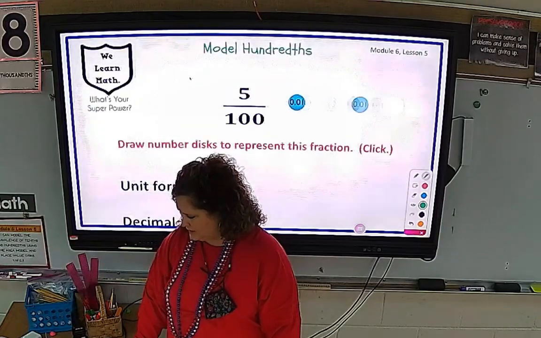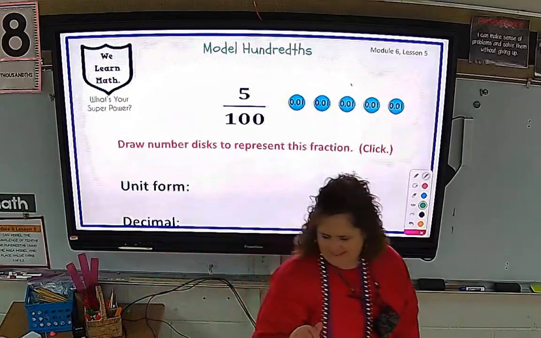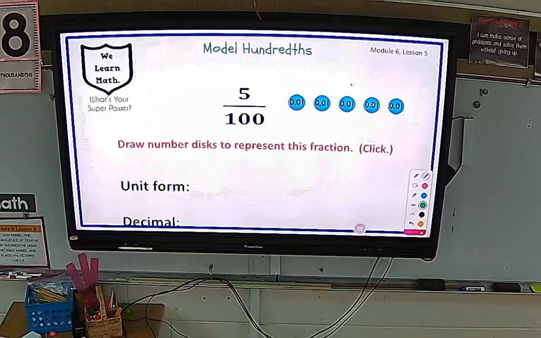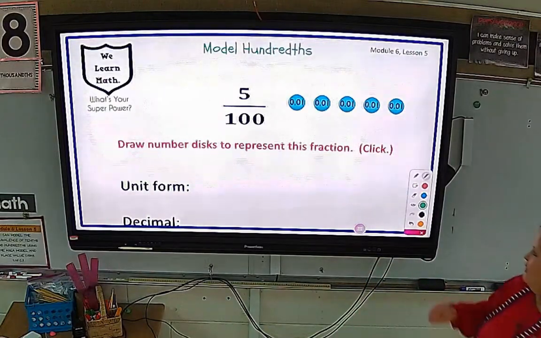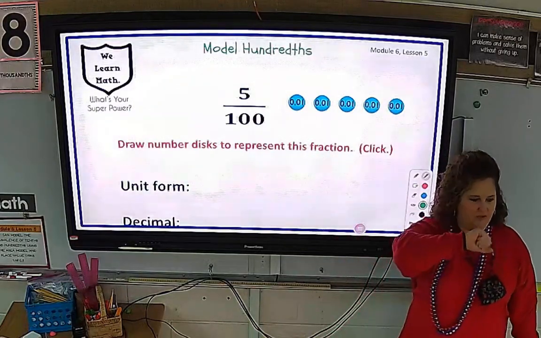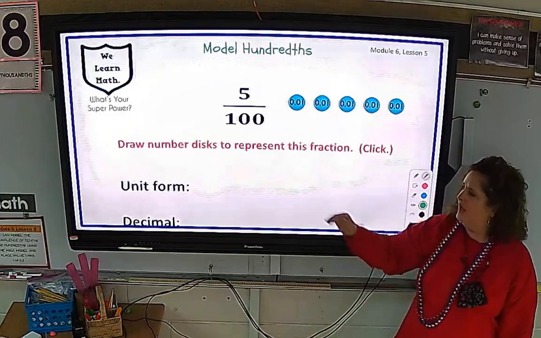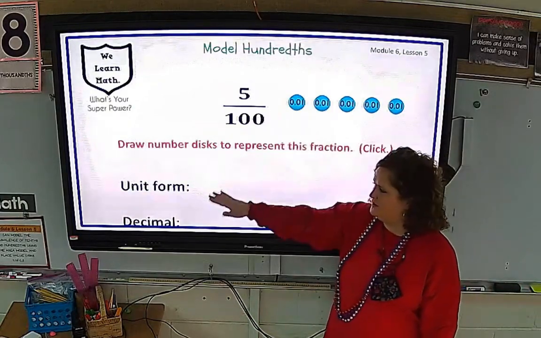Alright, so this, no, stop moving little discs. Okay, this is what we need to practice. This is what gets us in 4th grade. We have 5 hundredths. Okay, you're going to use your just regular old whiteboard. I want you to write 5 hundredths